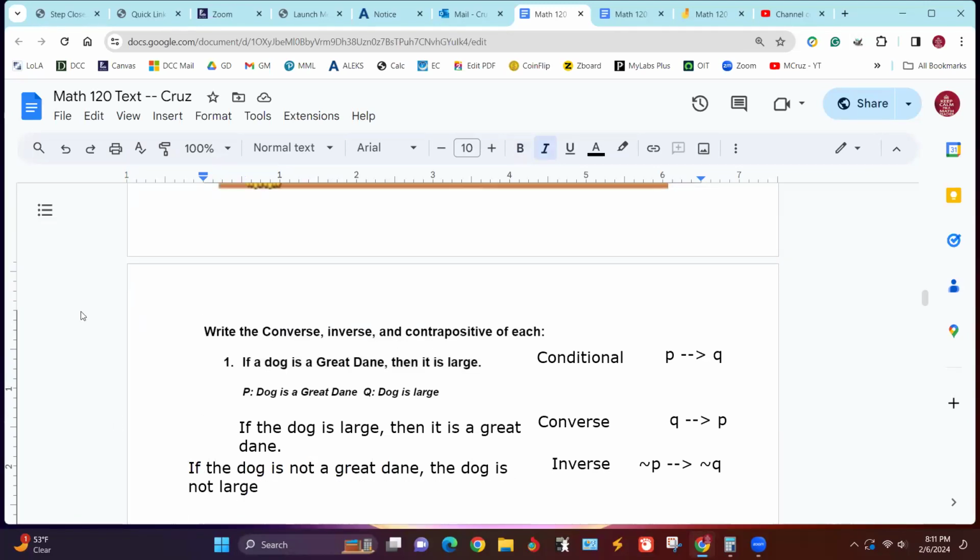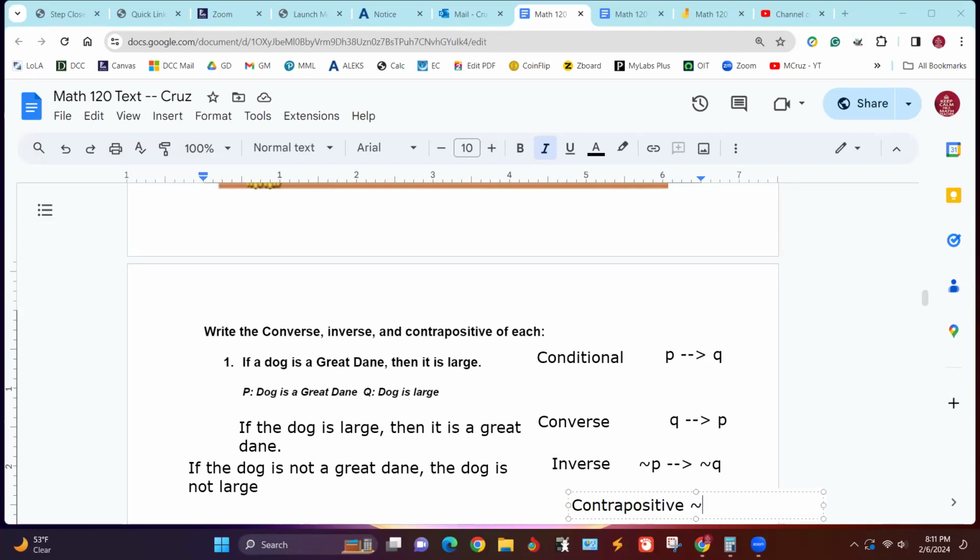So this one is going to be the contrapositive.